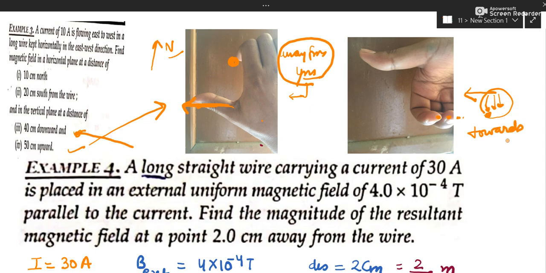And what is towards you? Towards you is south. So, you can write this, north to south. Or you can write towards us, towards the observer. Like that. So, please understand